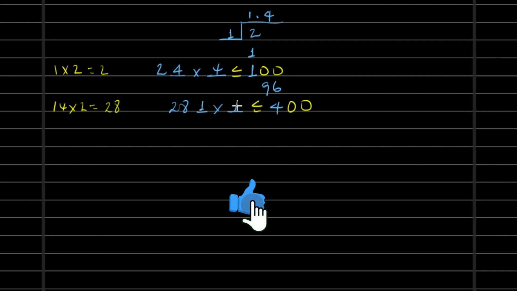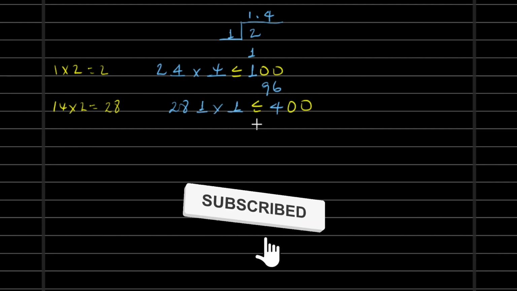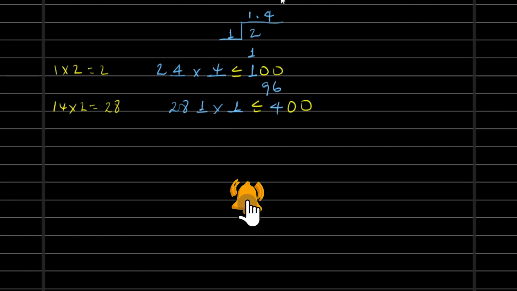If we insert a 2, it becomes more than 400. Now the second digit is 1 here. So 281 times 1 is 281. Then we subtract. When we subtract, we get 190. Similarly, add 2 zeros